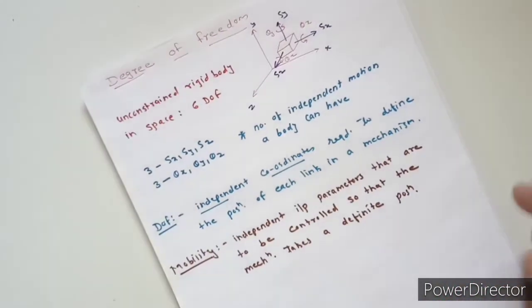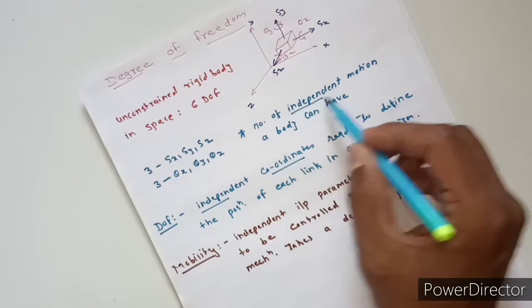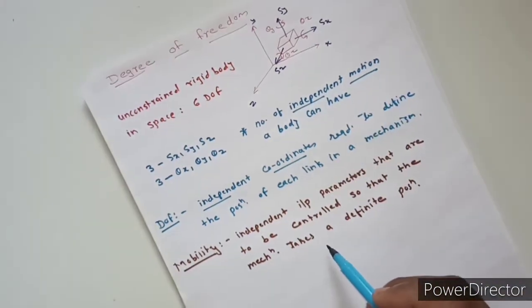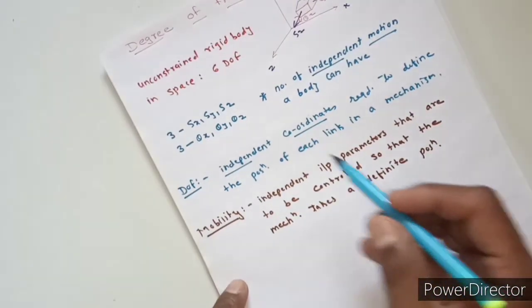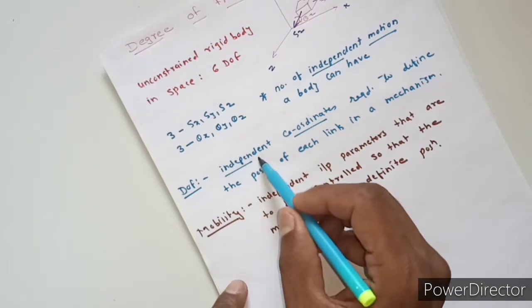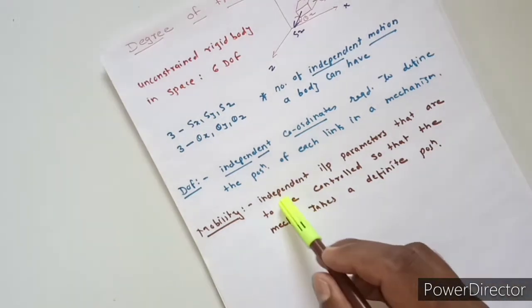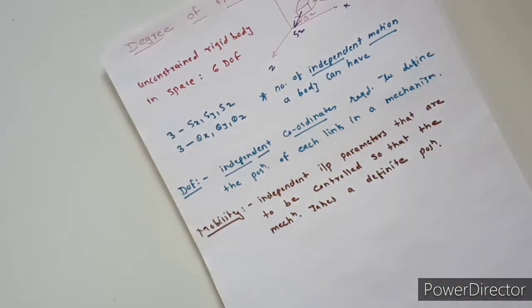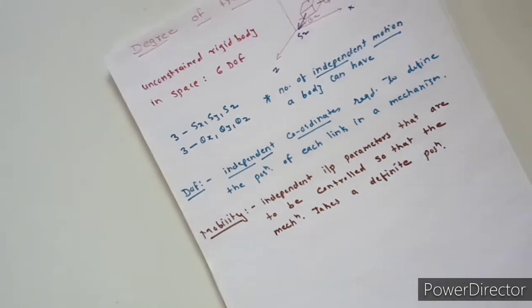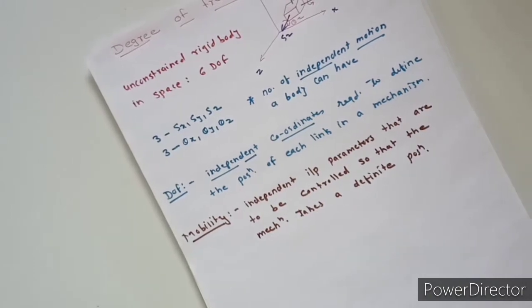So we'll repeat this. In general, we can define degrees of freedom as number of independent motions a body can have. For mechanisms, we can define degrees of freedom as number of independent coordinates required to define the position of each link in a mechanism. Mobility is defined as the number of independent input parameters that are to be controlled so that the mechanism takes a definite position. Now to understand this,